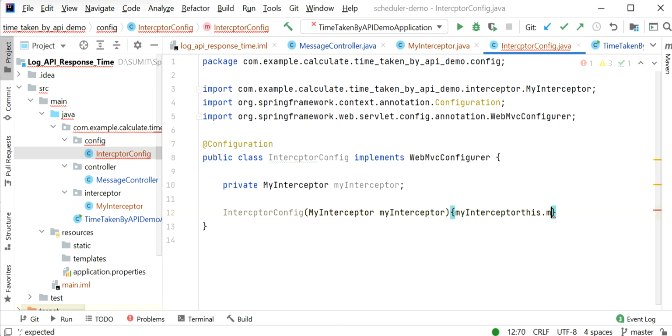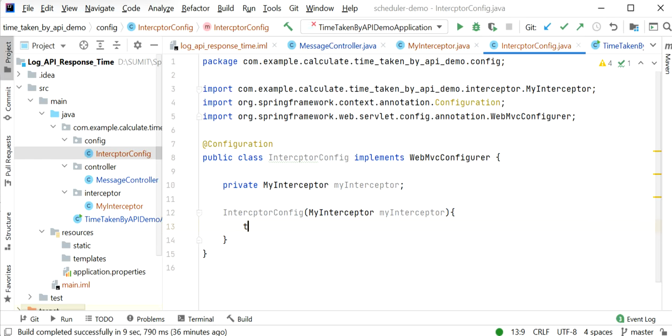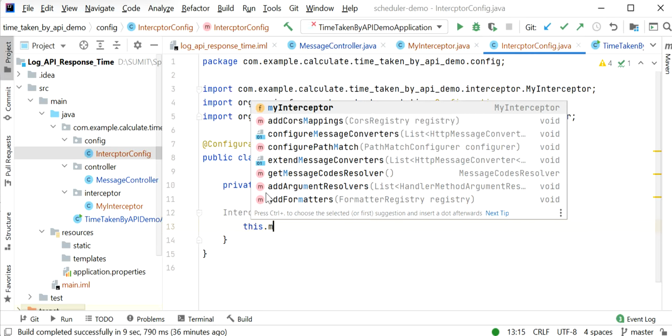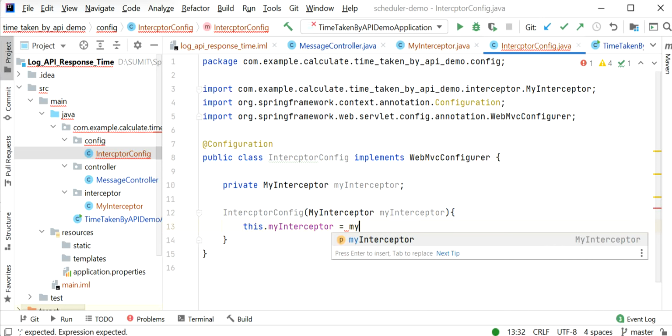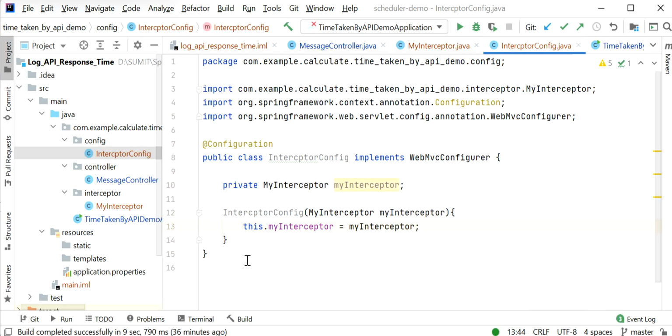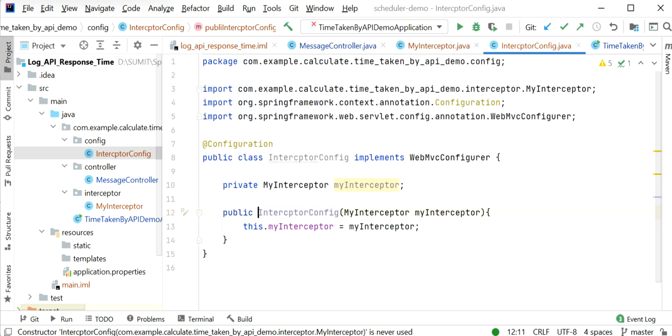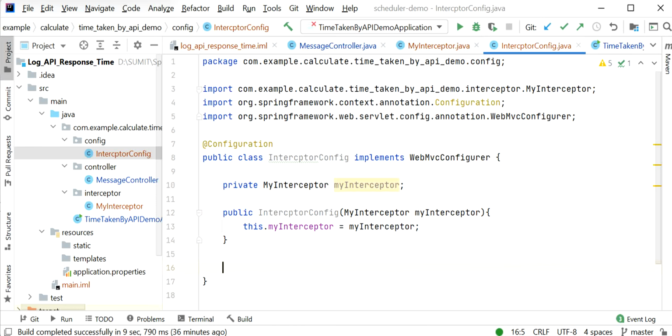this.myInterceptor = myInterceptor, and here I can just declare the modifier, that is public, and here I will register.